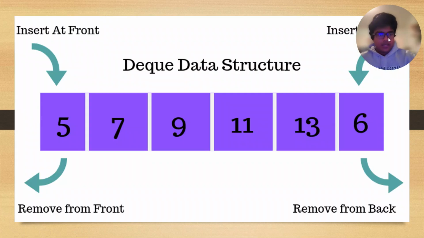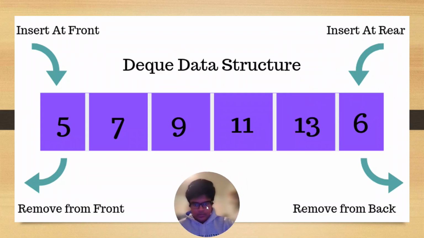So let me move this a bit down right over here. As you can see, this is a basic data structure of linear elements. If you consider the front as the left-hand end and the rear as the right-side end, you can insert and remove both from the front, and from the rear end you can also insert and remove both. So that is the basic DQ data structure,